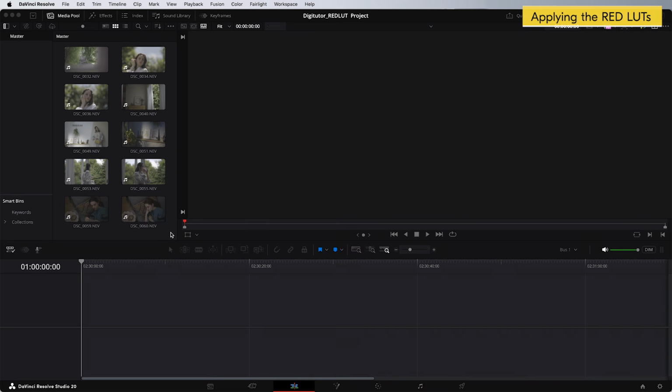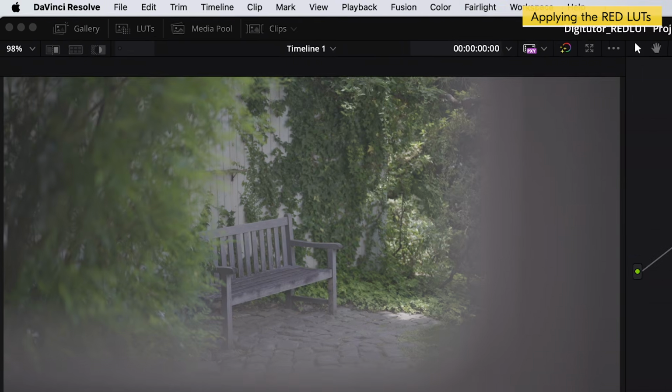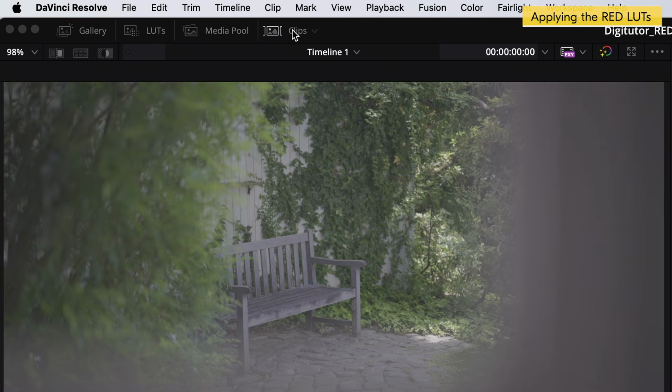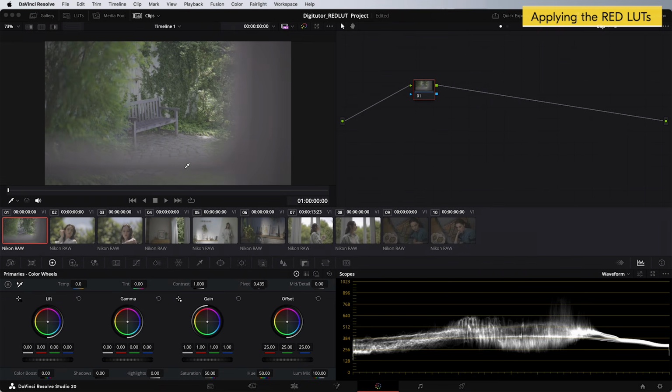On the other hand, to make other color adjustments than applying a LUT, the LUT can be applied to nodes in the Node Graph window. To do this, first arrange the clips on the timeline on the Edit page. Then go to the Color page and select the Clips tab in the upper left corner of the screen to view the clips lined up on the timeline.